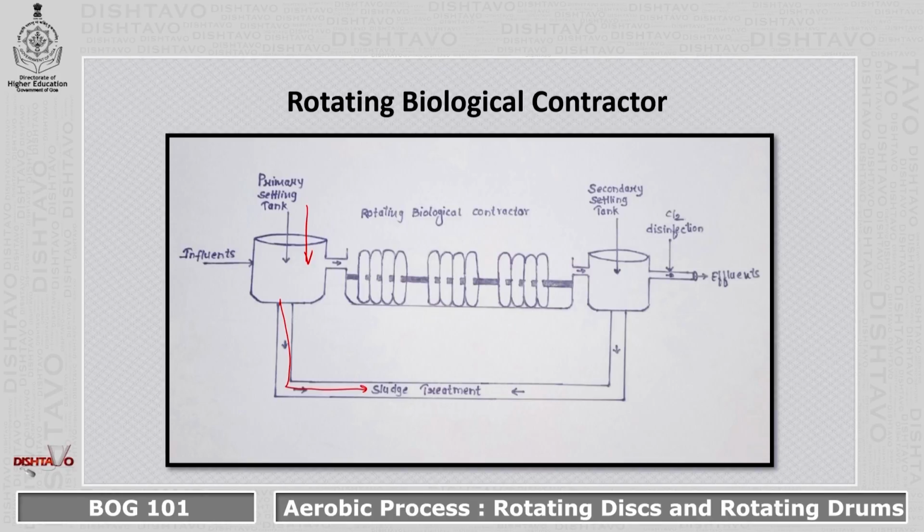The rotating disc usually consists of a biological film which is attached to the rotating discs, and these are partially submerged into the wastewater and partially outside in the environment. This rotating disc, which consists of the biological film, has the ability to absorb effluents. These discs, which are attached to each other and have the biological film, have the ability to absorb the organic matter and the nutrients which are present in the wastewater.